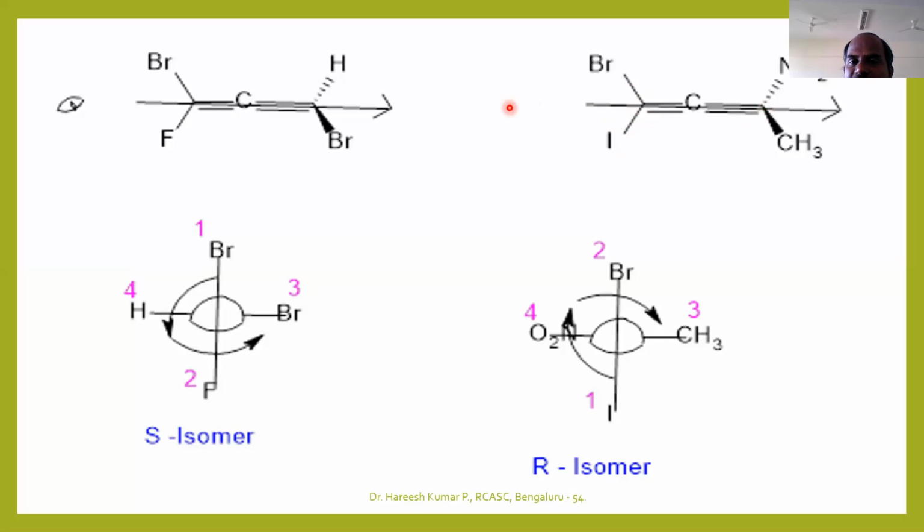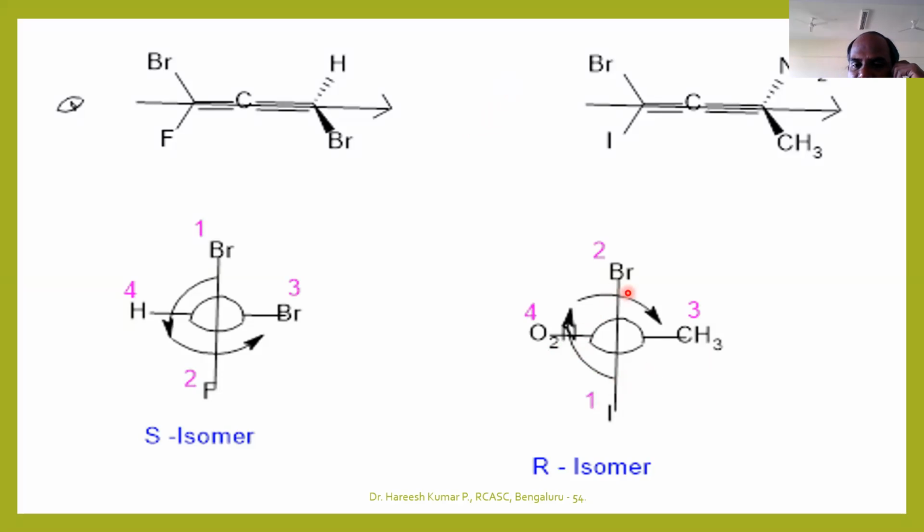When a chiral axis is passing through this carbon atom, these two groups take the priority. That means for the vertical ones, you can write Br and H. Of course iodine is the first priority, but this is one, this is two. When you are viewing from here, the NO2 group is on the left hand side, that is this one, and the CH3 group is on the right hand side. Then what you need to remember is that there is a movement 1 to 2.